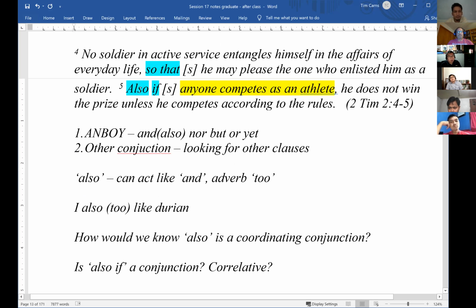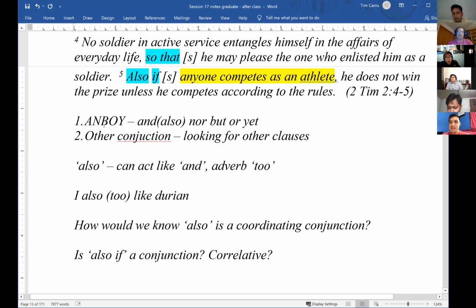What I don't know is how this "also" fits in. Is it a conjunction? Does it mean two? Is "also if" a conjunction together? Go ahead, Ethan. Sorry. I heard a voice, but I didn't know who it was. It was you. Okay. If we consider the context,